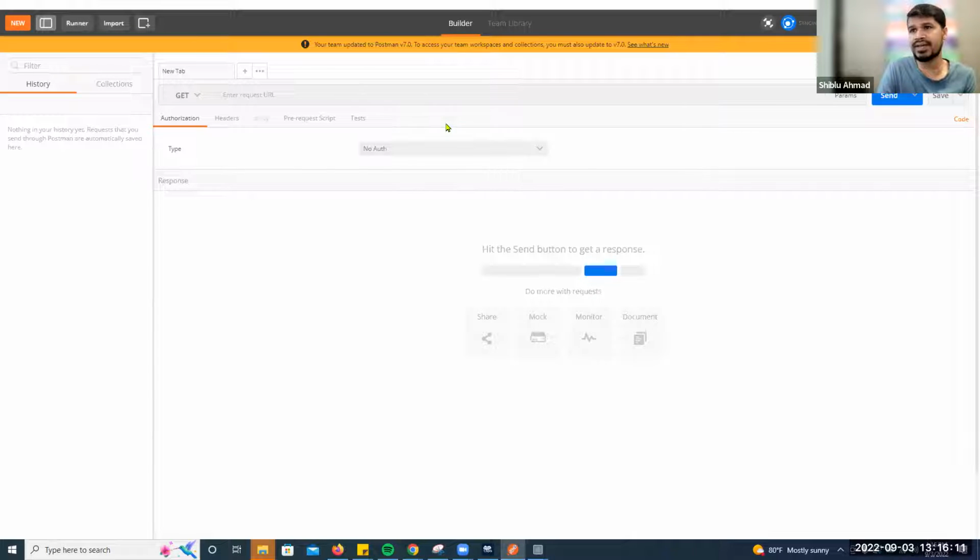So Postman is a tool like you can work yourself and you can share with your team. There is a personal version, there is an enterprise version. It's all about the collaboration because as you see, the same API is like a